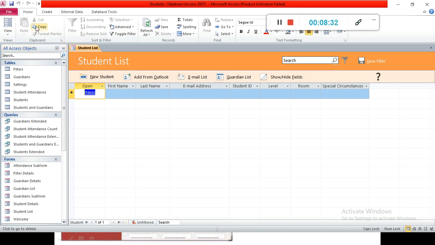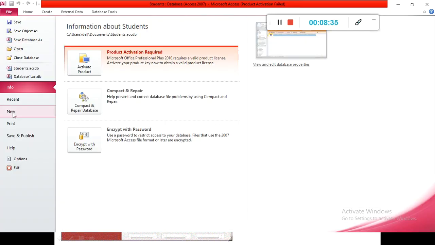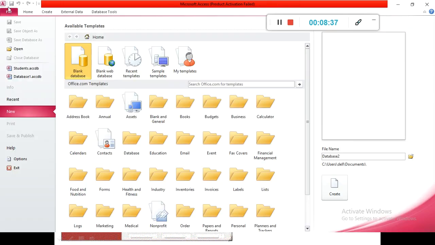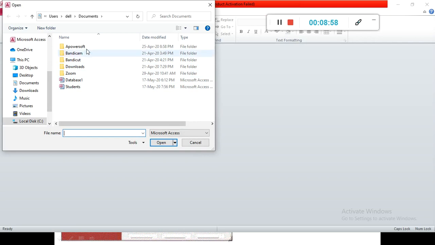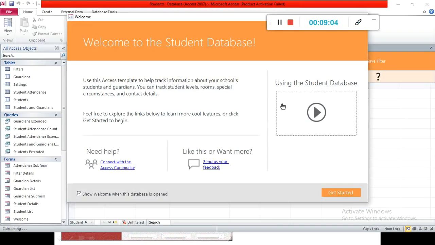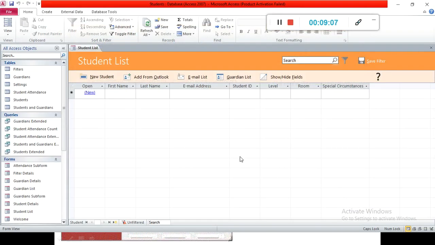And one more thing, if we want to open after closing this, close database, and if we want to open, then go to the Open button. This window appears when we close our data, and if we want to open, firstly Access shows the files which we recently closed. So we can open directly from here. Otherwise, as soon as we click on the Open button, it shows us those files, like the one we created with the student name. Then we click on that and press the Open button, and it shows us that file. And this is the way we can save the file, create the template file, and open the file.